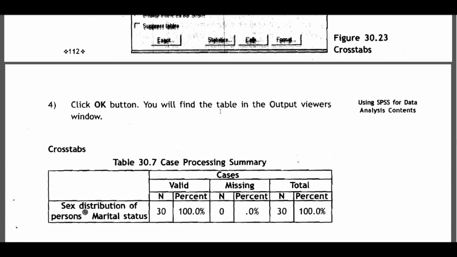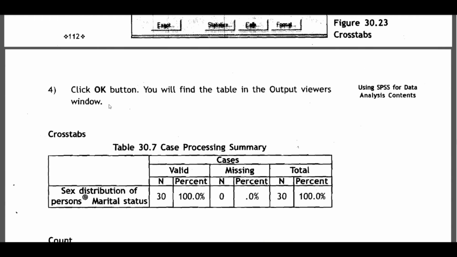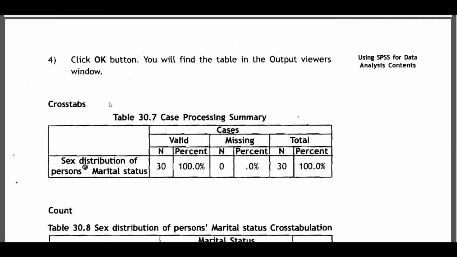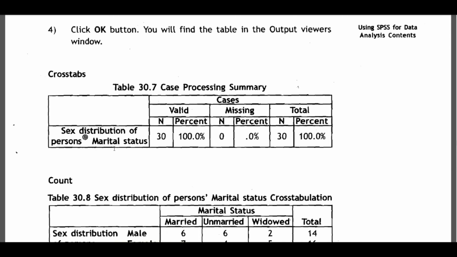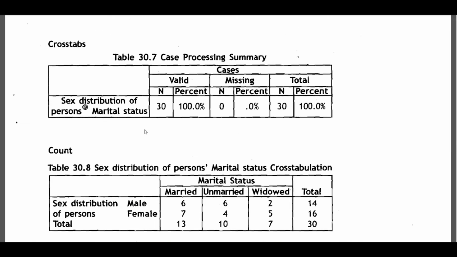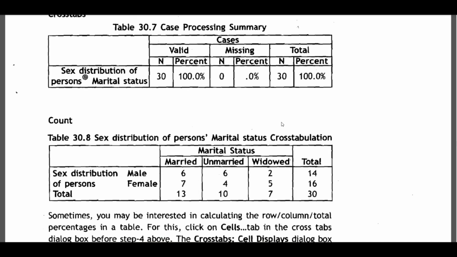Click OK button, you will find the table in the output viewer window. So cross tabs like that, sex distribution and marital status, these two things are the bivariate here. And this cases already 30 cases are there, 100% are valid, so missing is 0 and total also 100%. The count